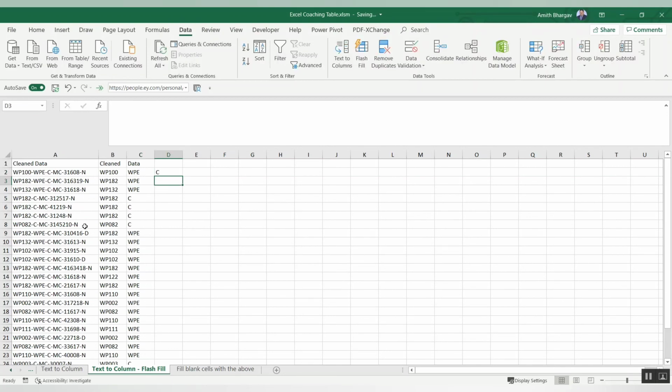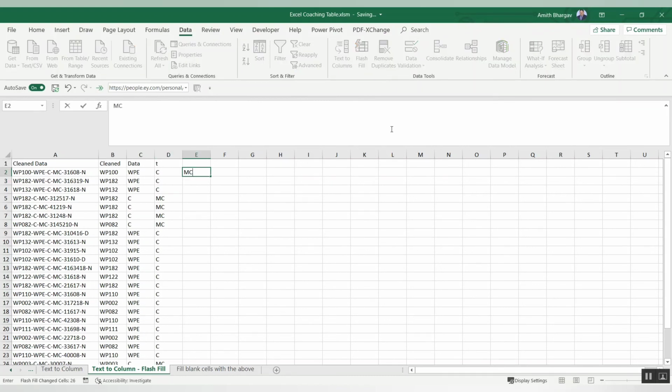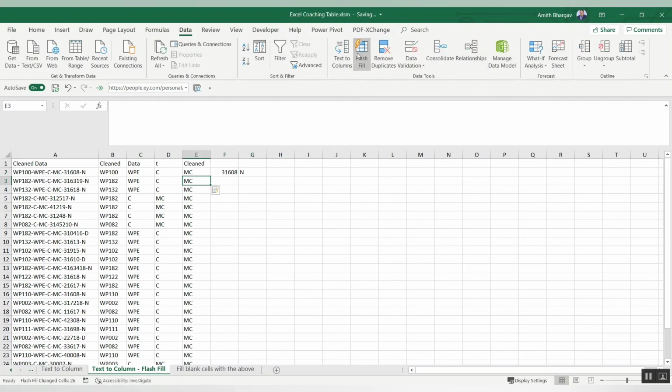Here I will say C and click on flash fill, so it will say C, MC, C, whatever the content is it has transferred. Next I will type MC and 31608 and N, flash fill, done, again flash fill, done, again flash fill, done.